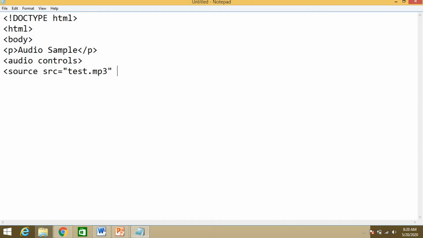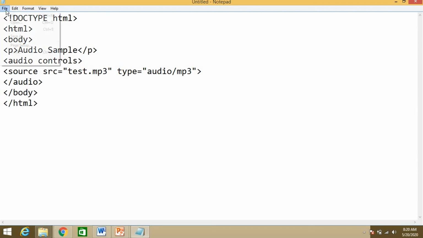Type equal to audio, whichever type of file it is. So it is mp3. Now close the audio tag, close the body tag, close the HTML tag.